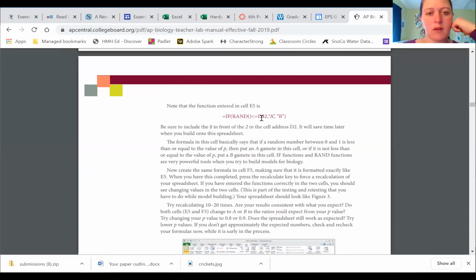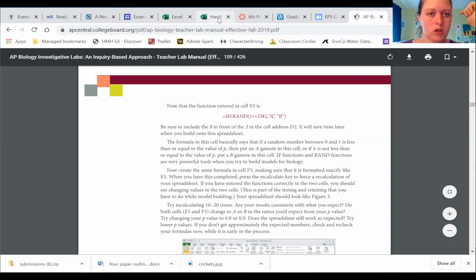And the reason for this is if I just click D2, the spreadsheet is smart, and if I drag this formula down to the next cell, which I'm going to, it'll reference the next cell down from D2. I don't want it to do that. I always want it to reference that cell. So that $ sign locks that in place. So I'm going to do $D$2,